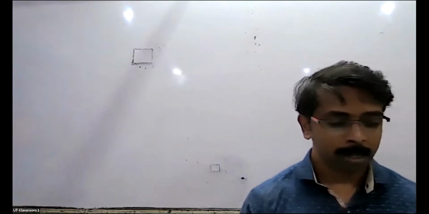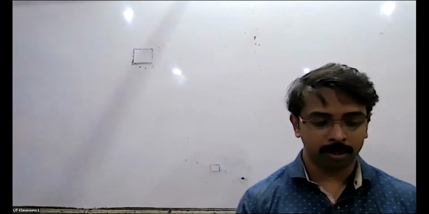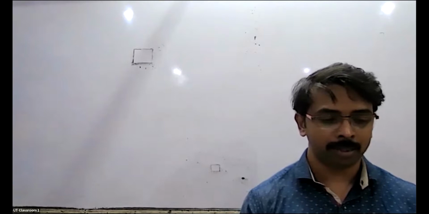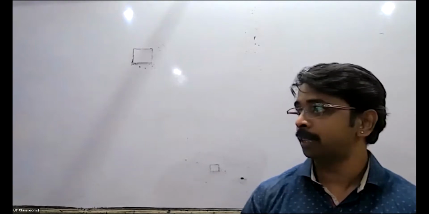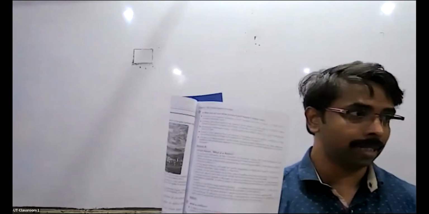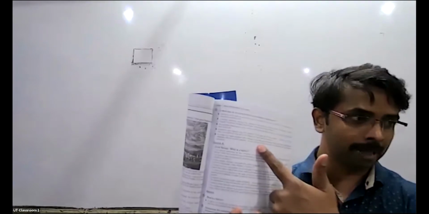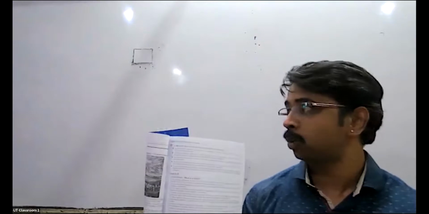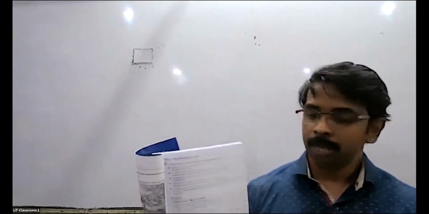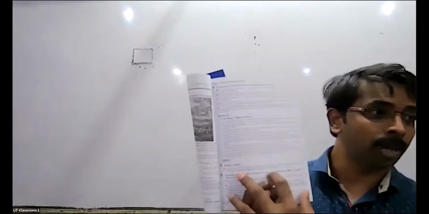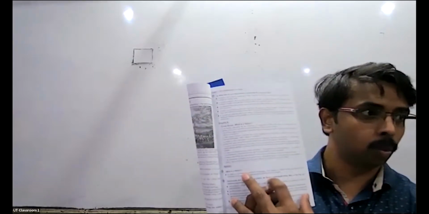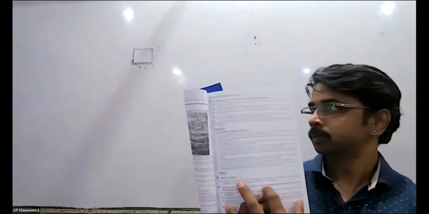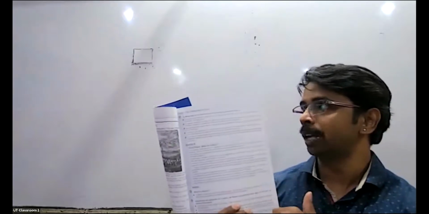I don't remember. So we are on page number 3, I think. Am I correct? There are two definitions of the nation you have to study. One is Ernst Renan's, which is a comprehensive definition. You understand the meaning of the word comprehensive? A bigger one, simple. And then the one that you have to write in the exam is this. What is a nation? So which one do you want me to do? Explain first the smaller one.